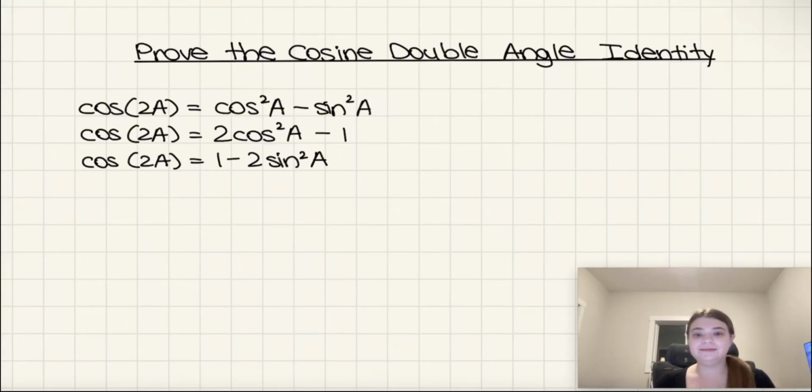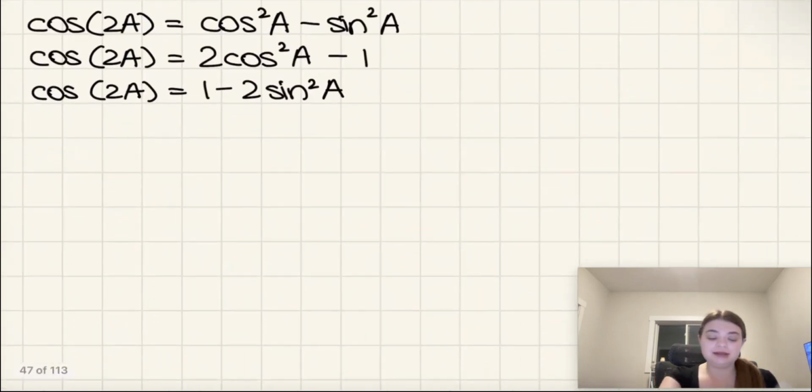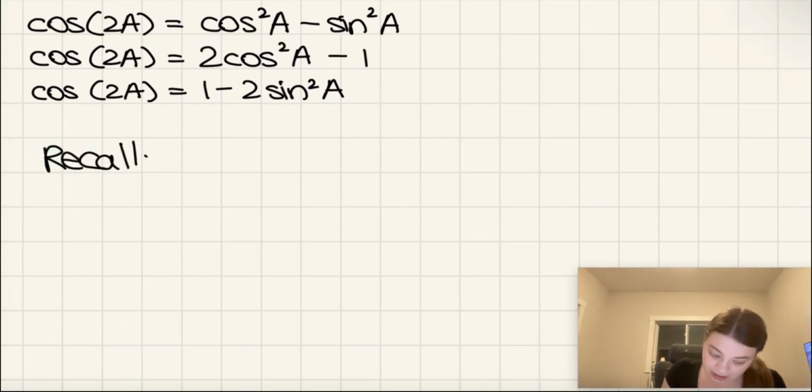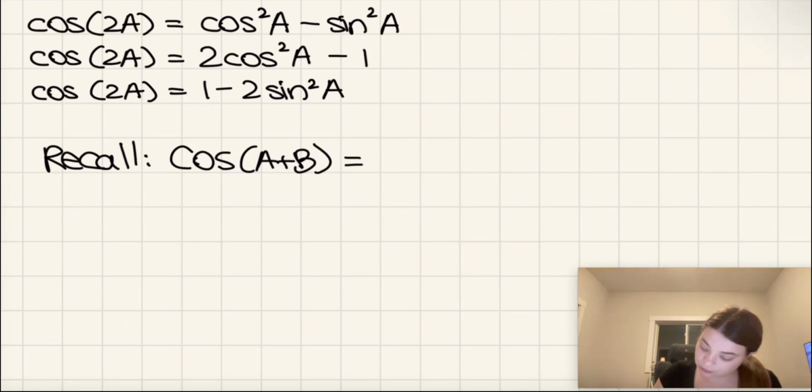Welcome back, everyone. Today we're going to be proving these three identities here, which are the cosine double angle identities. In order to prove all three of these, first we're going to recall the cosine addition identity. Recall that in general, cosine of A plus B is equal to cosine A cosine B minus sine A